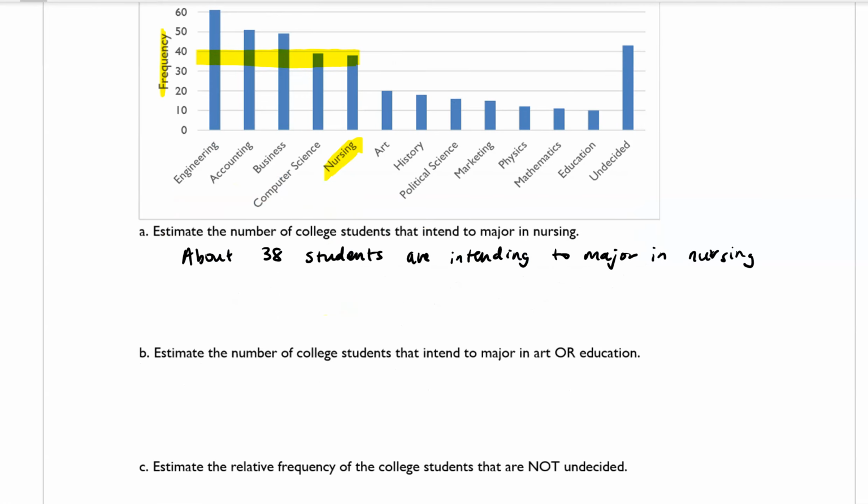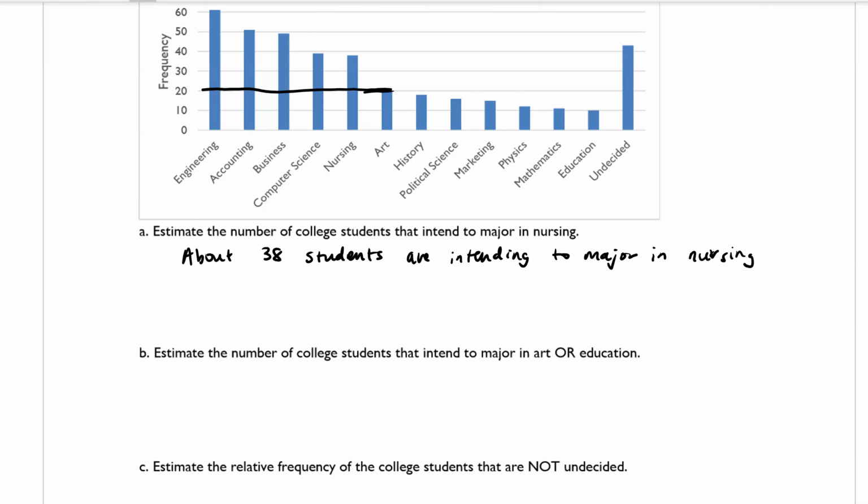Part B says estimate the number of college students that intend to major in art or education. So notice that there's the word or there, so that means that we want to take the number of students that are intending to major in art and add them to the number of students that are intending to major in education. So for art,